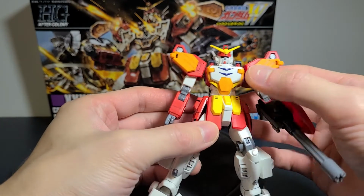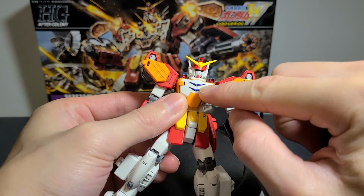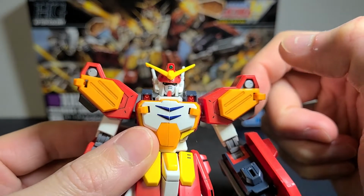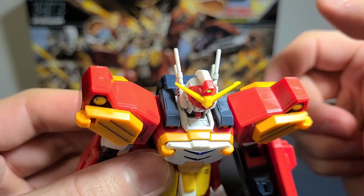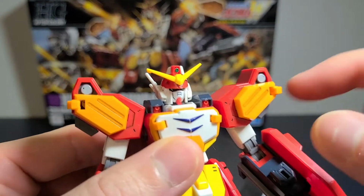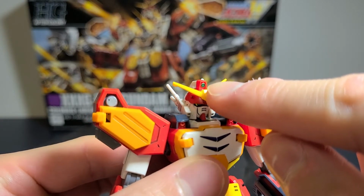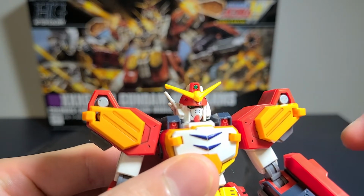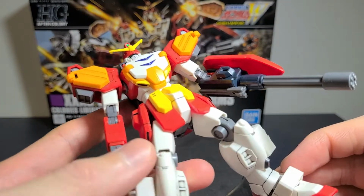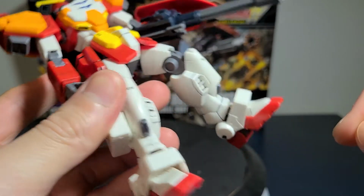really great. The biggest gripes that I have right off the bat are that obviously these blue pieces on his chest are stickers. That might be kind of annoying after a while if they fall off or something like that, so you might want to paint those. And then the green part in there is also a sticker, and it's kind of off center, but I mean, no one really knows that except for me, if it's in my case, no one's really going to look at that. And then these shin pieces, I guess, are also stickers, so you might want to paint those